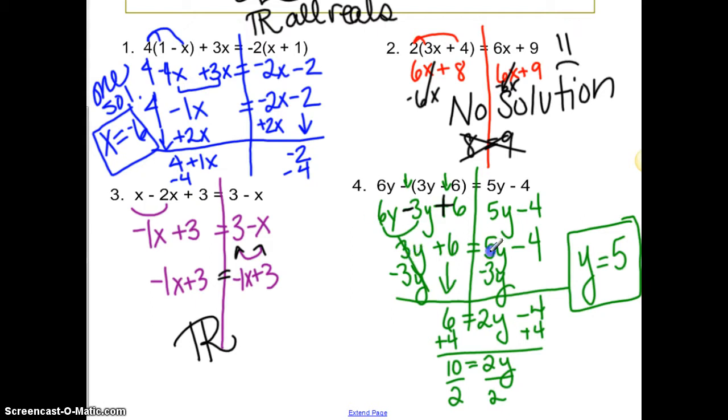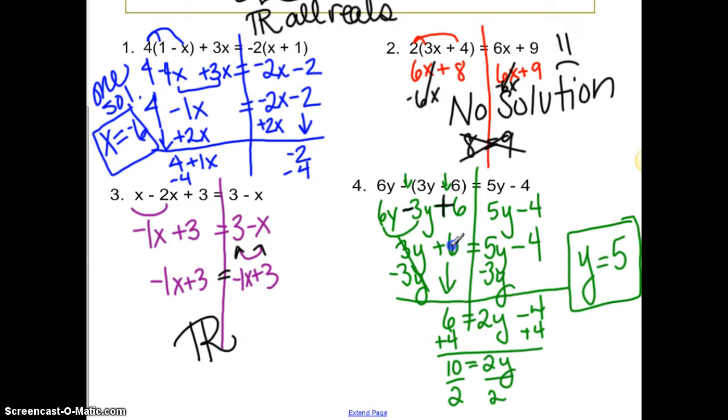Still adding the 6. 5y minus 4. I chose to subtract 3 y's from both sides. I could have subtracted 5 y's. However, that would give me negatives, and I just don't want negatives. Doesn't make it wrong, just makes it a little more